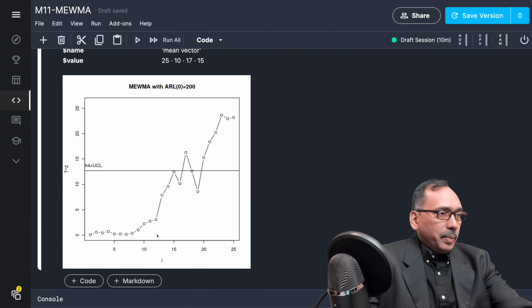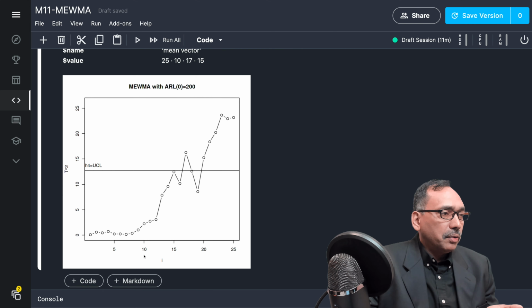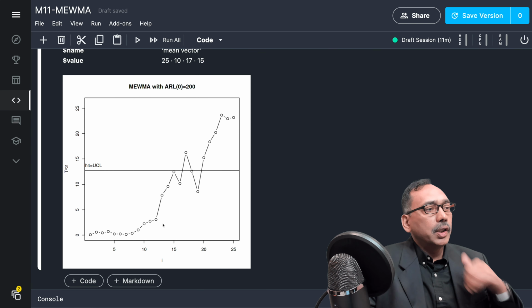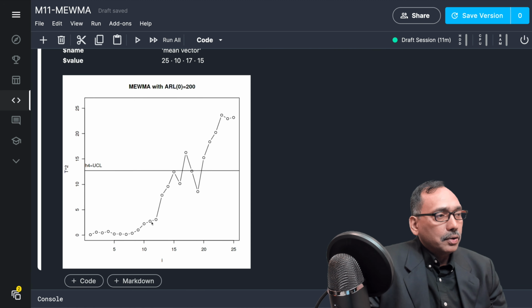But you may notice that the last 15 points have a shift. So immediately after 10, the 11th point onward, there is a shift in mean, but the 11th point is not out of control. So you have to wait till 11, 12, 13, 14, 15, 16, 17.